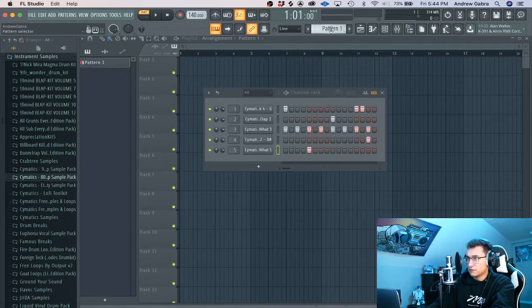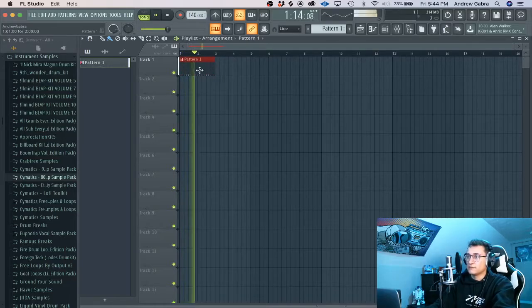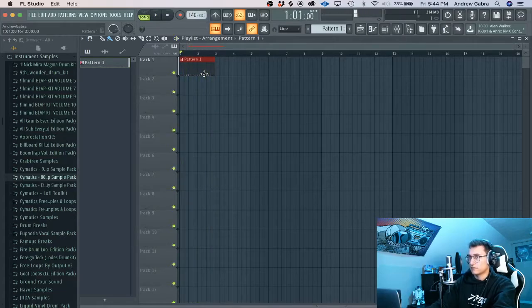So what we can do is you just make sure pattern 1 is selected in the patterns menu. If you go to the paintbrush tool or the pencil tool in this window right here, as long as that is selected, you can paintbrush, bang, right there. And that's your pattern. So you can drag it right into the track. And then if you switch this to song, then it starts playing in this window right here. Instead of just looping the pattern over and over again, it'll play what is displayed here. So if you only put this much, it'll only play up to there, as you can see. Then it goes back. But if you add another one,